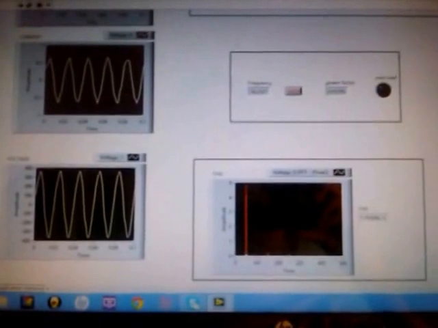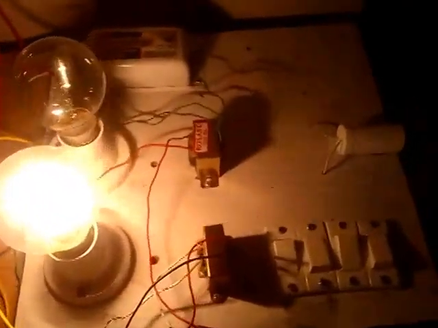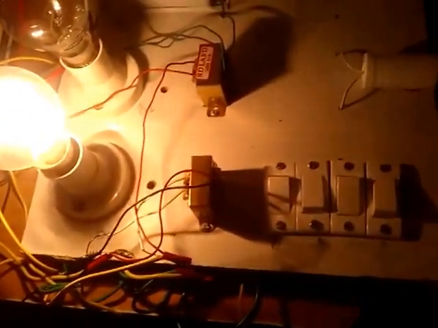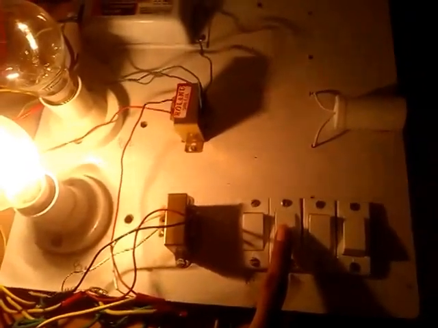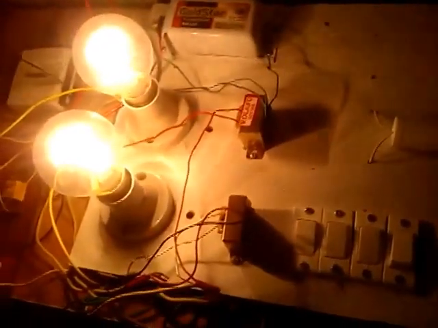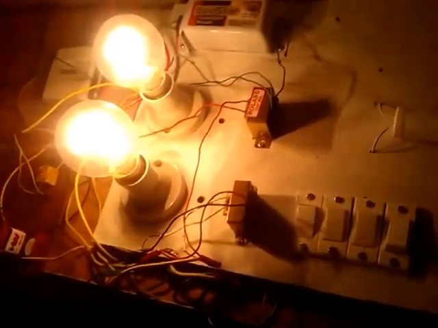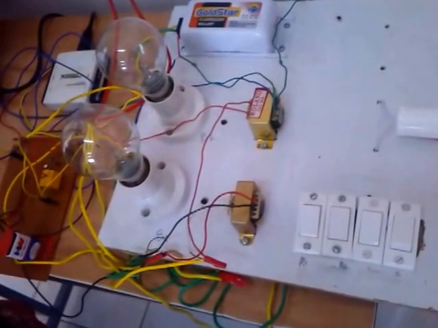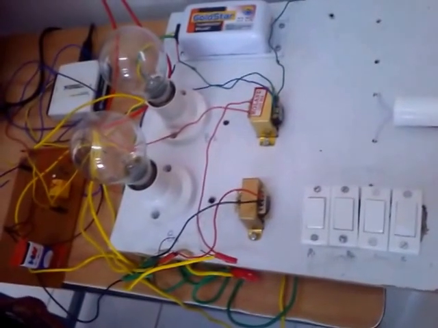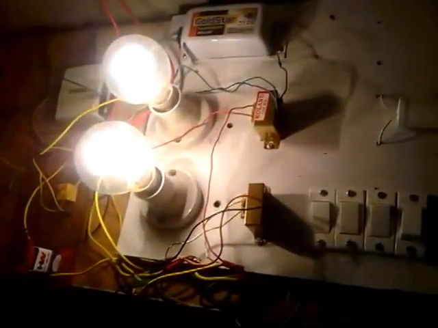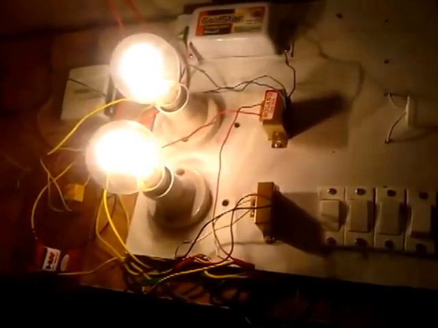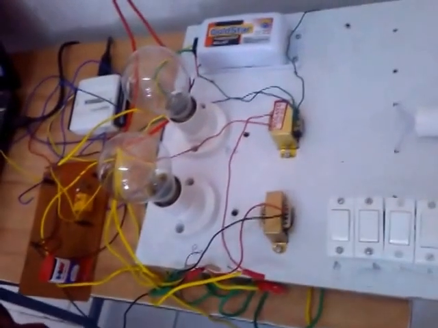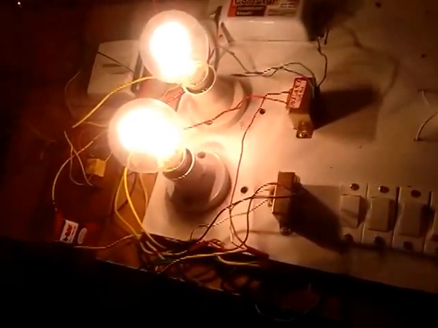Now we will show how the overload will work. We are considering another resistive load which is in parallel with the existing load. Now the load connected is more than 150 watts, so the relay will operate and disconnect the load from supply. Here we have taken 5 seconds time delay. After 5 seconds load is connected to supply. So in the meantime we have to disconnect the overload from the supply for the reliable operation.